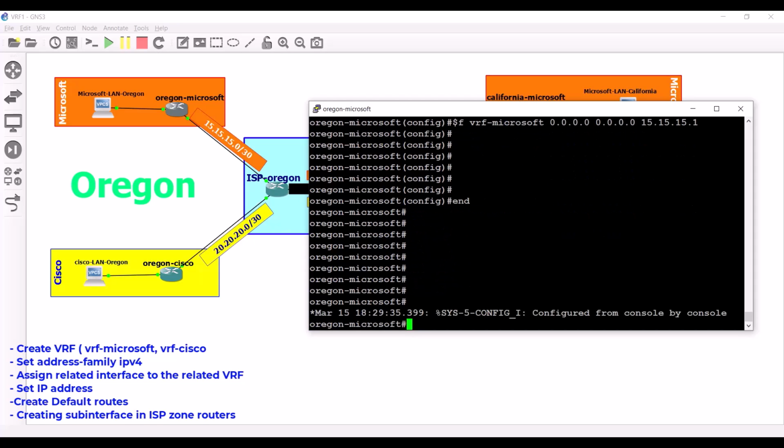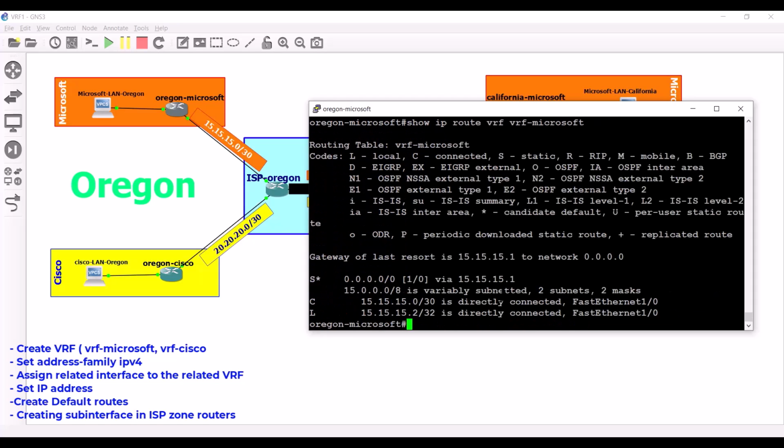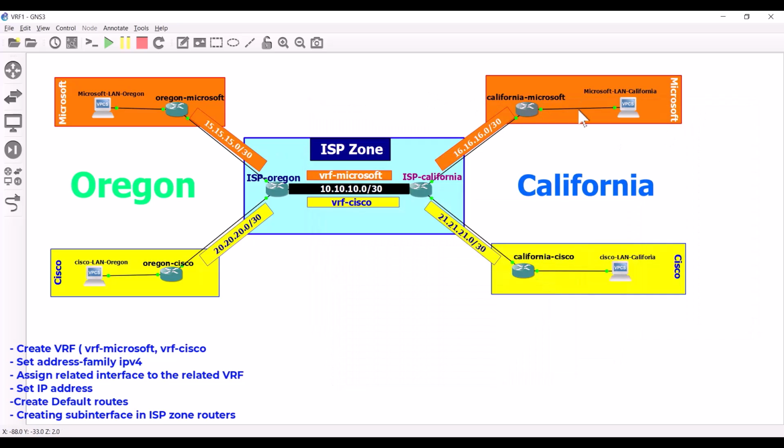You know exactly: with show ip route vrf and the name of the VRF, which is VRF-Microsoft. And you see that 0.0.0.0 is via 15.15.15.1. We are done with this router right now,